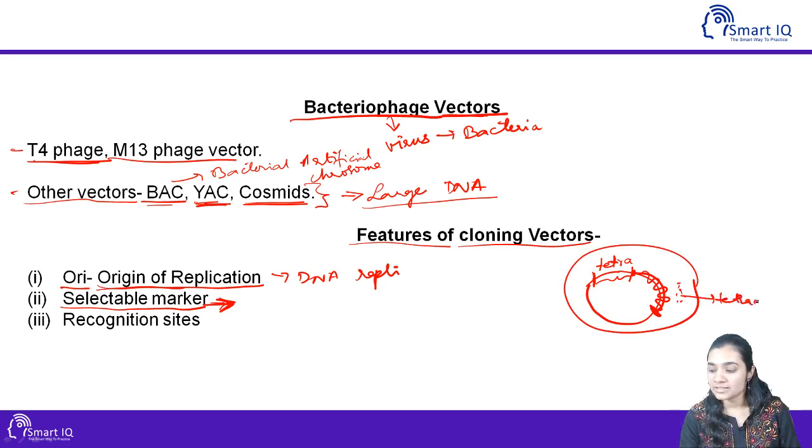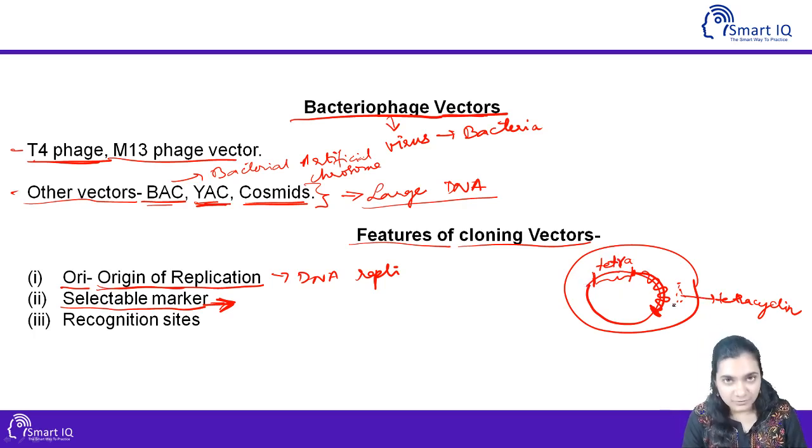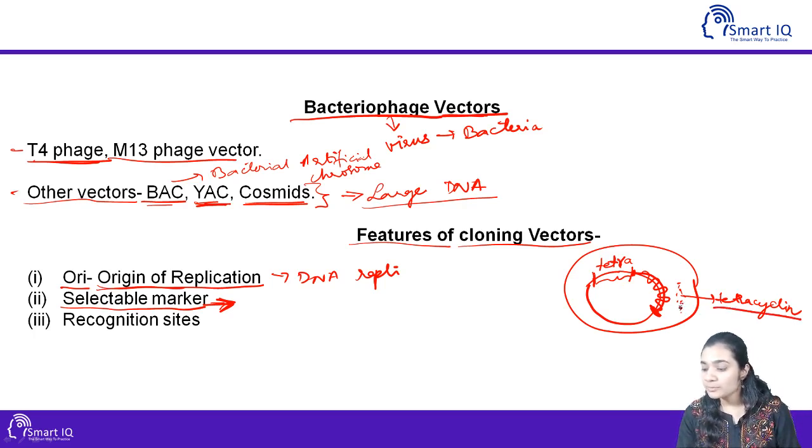Now this is tetracycline. I know that the gene has been placed next to the tetracycline resistance gene. So if the bacteria is expressing this tetracycline resistance sequence, it means that my transgene integration has been successful. The tetracycline should not be able to affect the transgenic bacteria, whereas if my integration has not been successful,